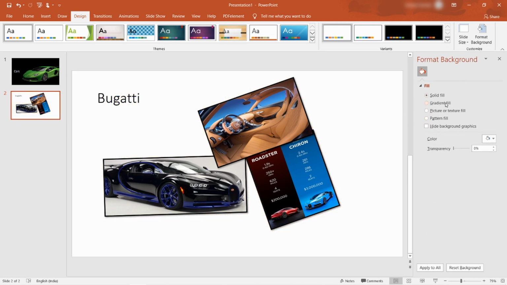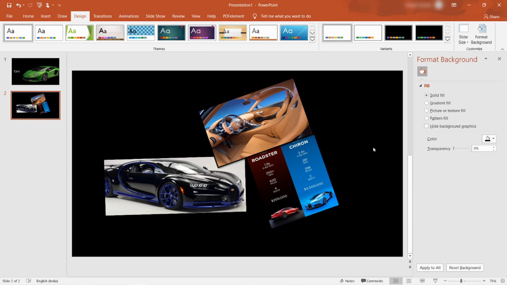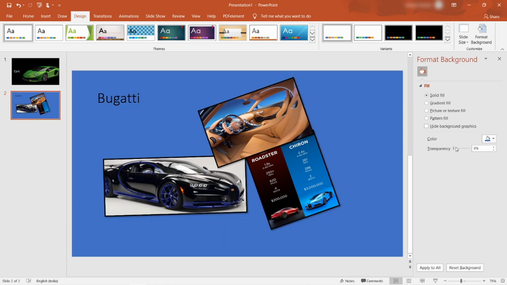So first I'll go to solid fill. So in this it's only a plain color. Like if I want to do black, I'll just go here and click on black. So there you go. And if I want to do any other color like blue, I can do that also. So there's also one more option, of transparency.